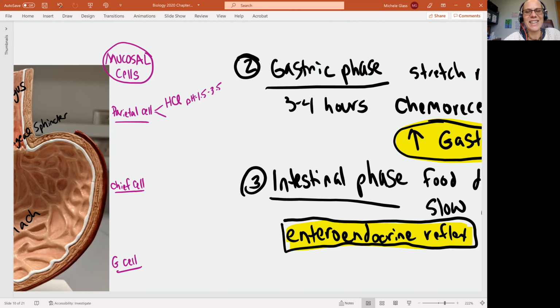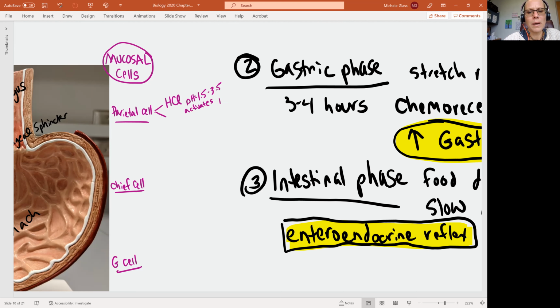So this is going to be very effective at denaturing pathogens that you've engulfed, and very important in helping to denature proteins, but potentially damaging to your tissue. So we're going to talk about, oh my goodness, how does the stomach deal with this very low pH? We will also see that the hydrochloric acid is important in